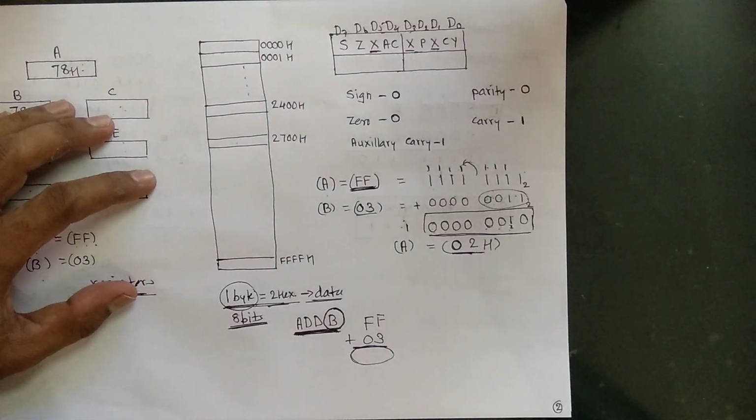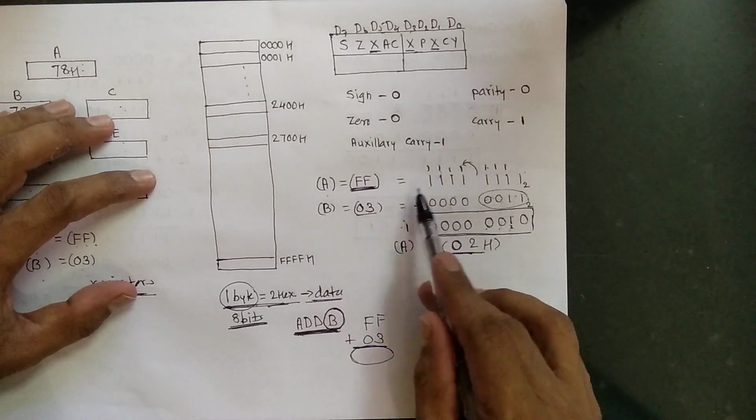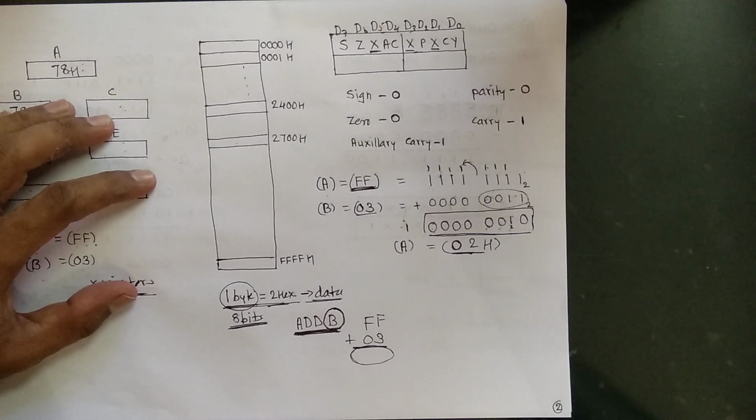What is carry? A single bit status register. After execution of the instruction, what type of answer will you get? The answer is negative, or it contains 0, or the number of ones is present odd times or even times, or if carry is generated from the 4th bit to the 5th bit, or if carry is generated from the most significant bit. That information we get with the help of flags. We are having 5 flags. The flag register is having 8 bits, therefore 3 bits are kept as they are. They are called don't care conditions.